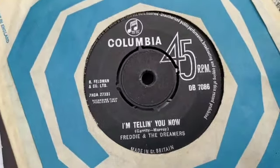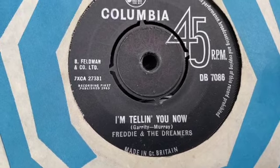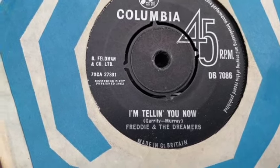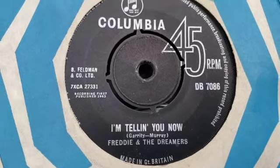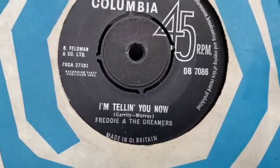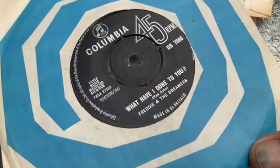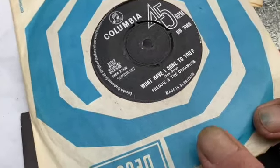1963, when Great Britain and the world was bright, and Freddie Garrity. Freddie Garrity, yeah, and he was right up there at that point in time with the Beatles and everyone, and he had three or four great little hits. What's on the back of it? What's on the back of something we don't know, and What Have I Done to You? Again by Van Dyke. And you wonder if that was their manager getting half the royalties for some rubbish song,